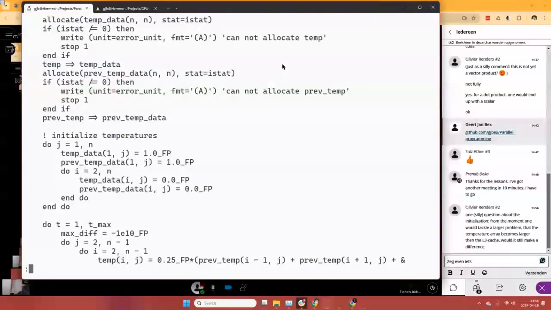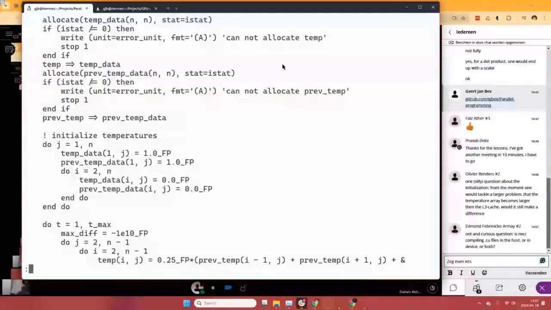Okay. Question? Then the L3 cache. Yeah,